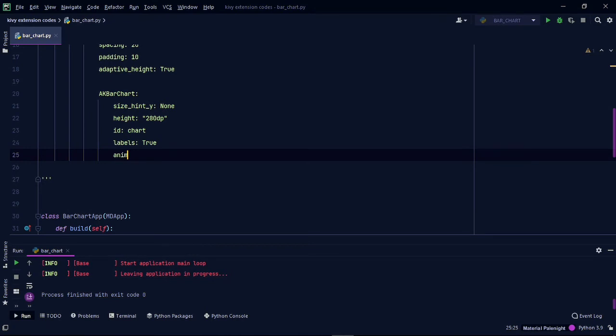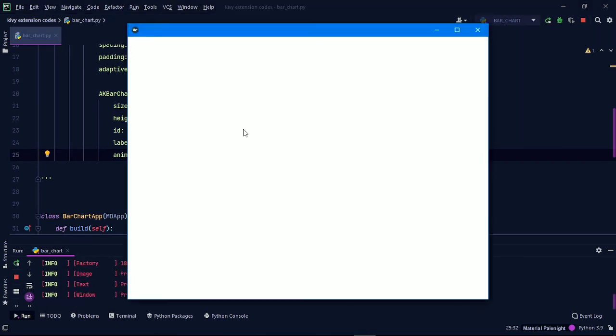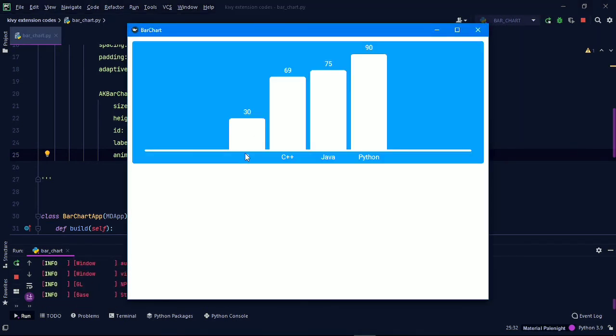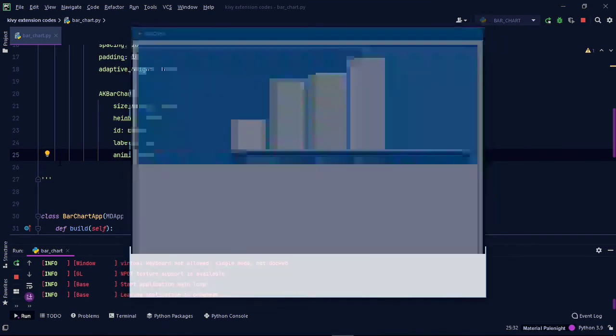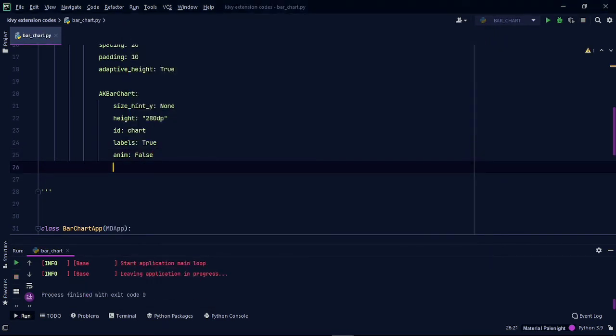In order to turn off the animation, you have to set the anim property to false. Now there is no animation at the start of the UI. You can customize the label size with the label size property.